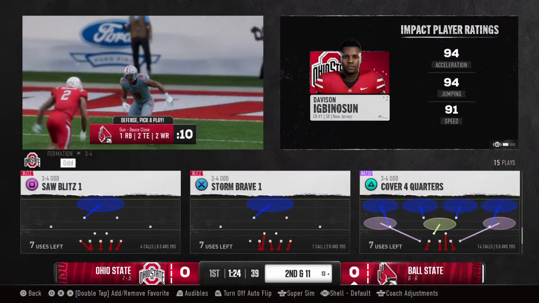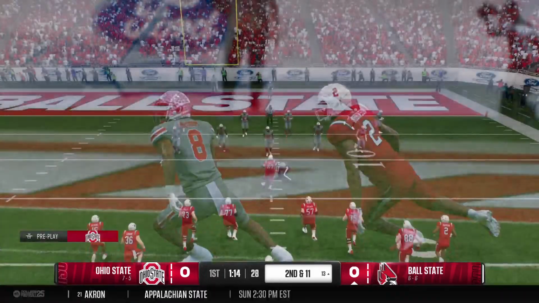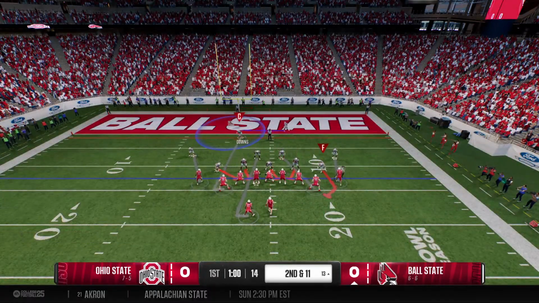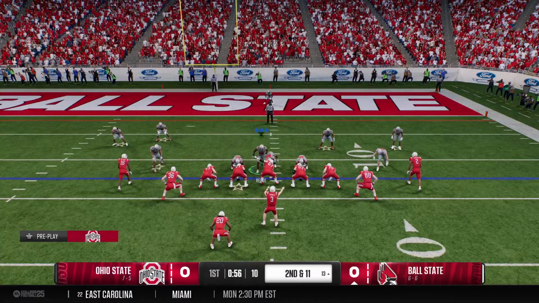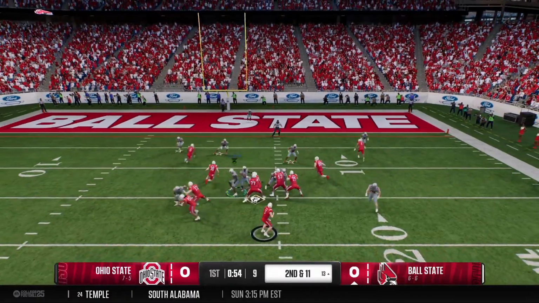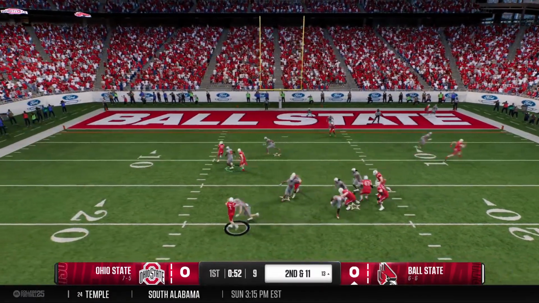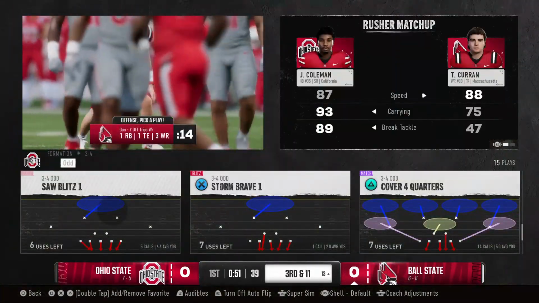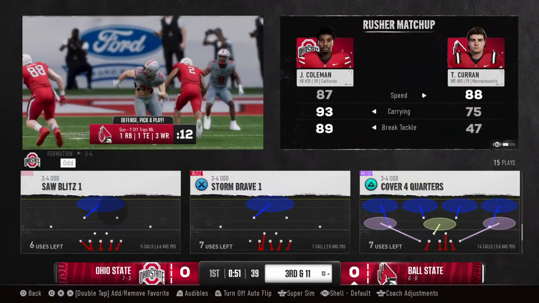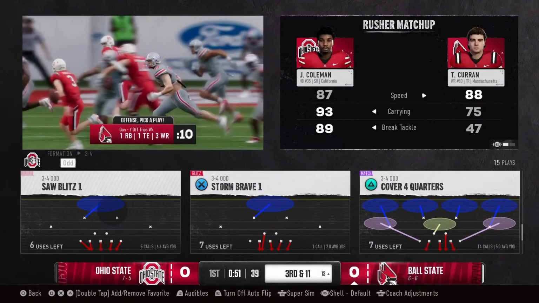Listen, I know there are a lot of DBs out there that all they want to do is get interceptions and dance in the end zone. This dude likes to put his face in the fan, get close to the line of scrimmage, and tackle. And on the opening drive that he's out there, he gets a huge tackle for loss early. That is a statement play. That pass is incomplete, and they might be fortunate it wasn't knocked free for a fumble.